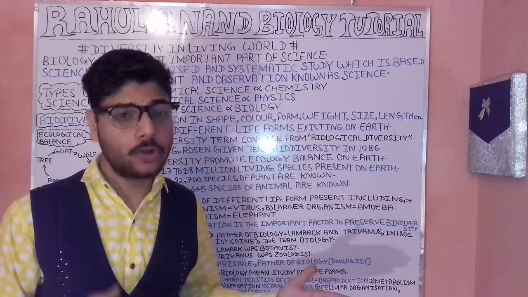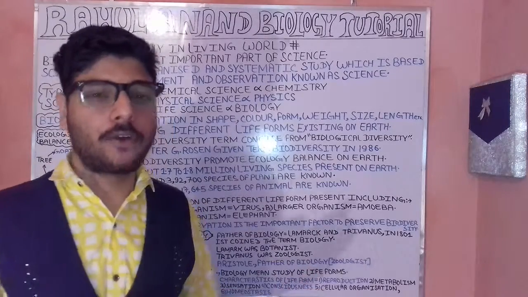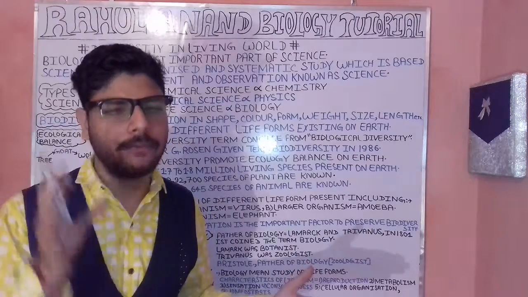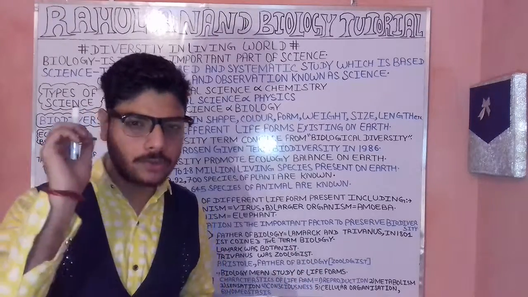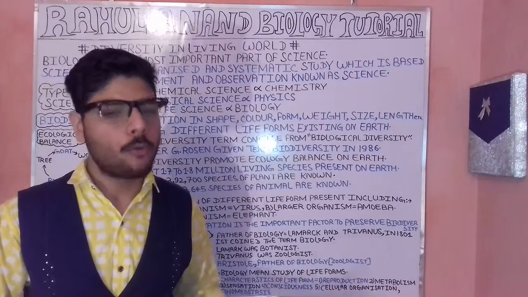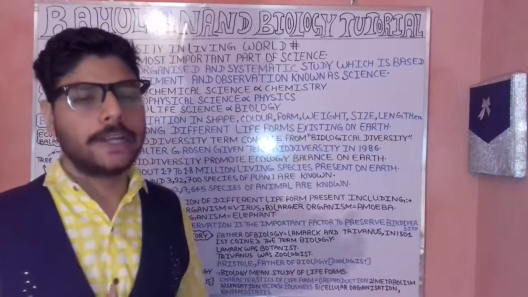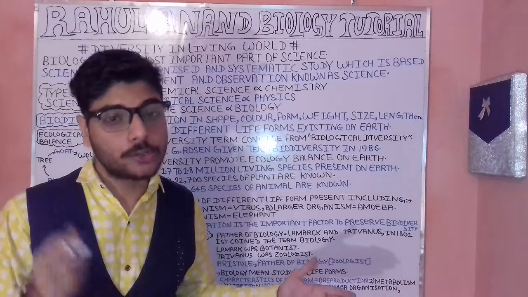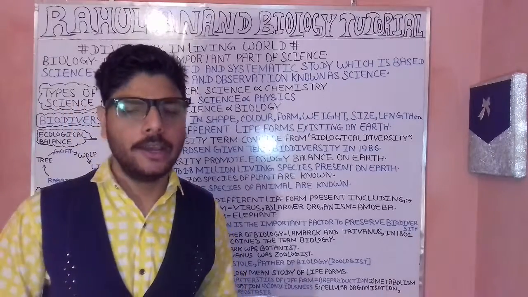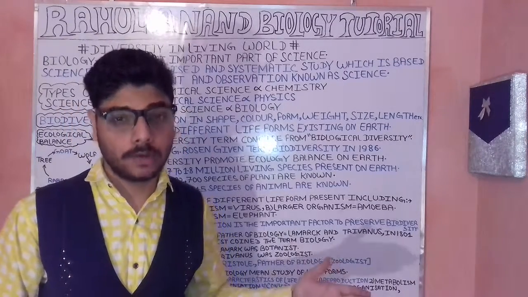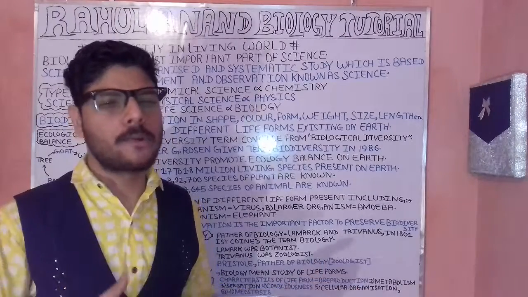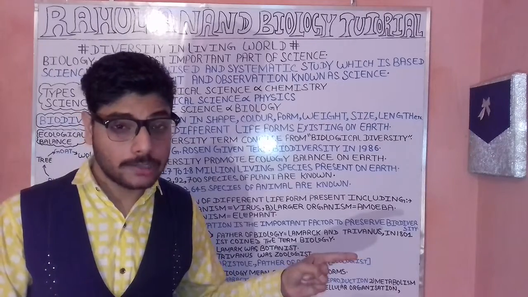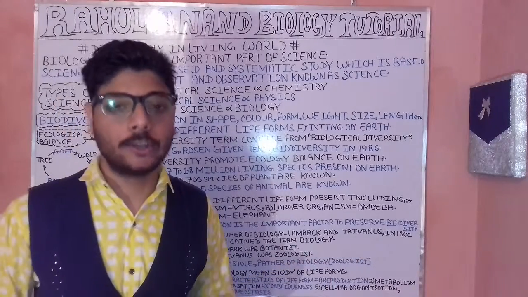Now, when we are talking about these cases, what are the different forms of life which are present and existing in the Milky Way galaxy? So we are very clear about that, and we also deal with a bit of introduction: tell me, what are the different characteristics of life forms? Understood? After that, we talk about diversity, which is often divided into broad categories, and how this diversity plays an important role in maintaining the ecological balance.